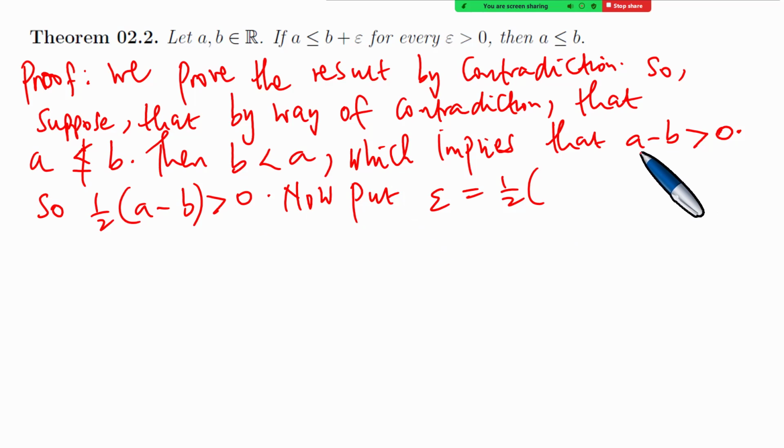So now we multiplied both sides by 1/2, but 1/2 is a positive number, so the inequality does not change direction anyway. Now put epsilon so that epsilon is 1/2 of A minus B. So we call this entity on the left of the inequality epsilon. In the statement of the theorem,